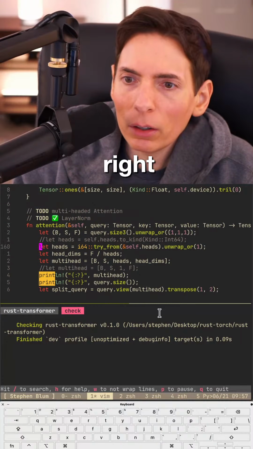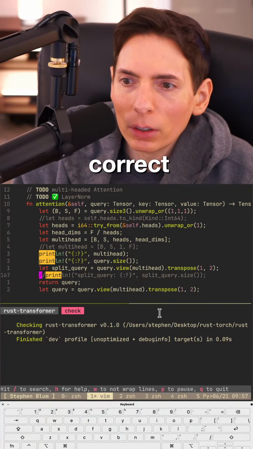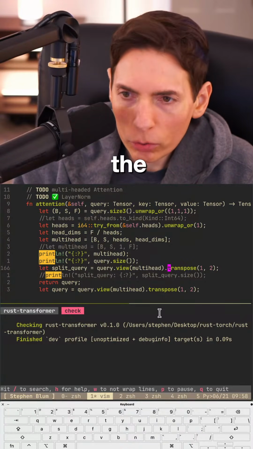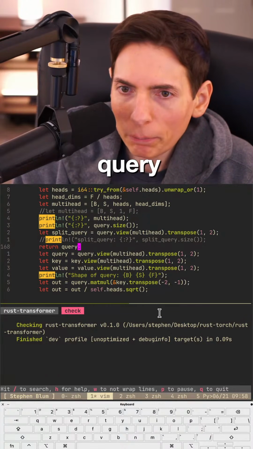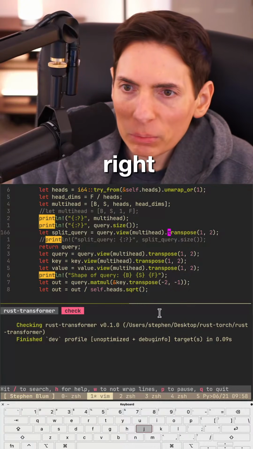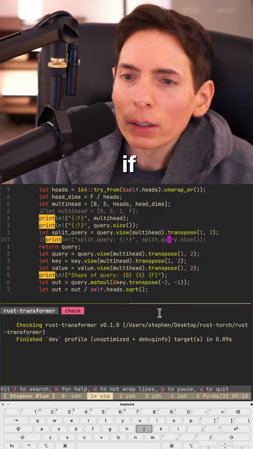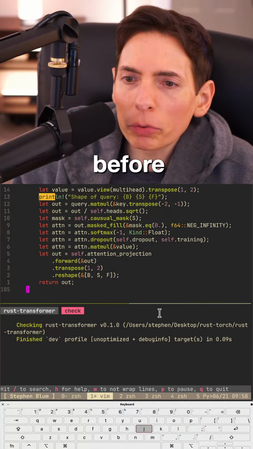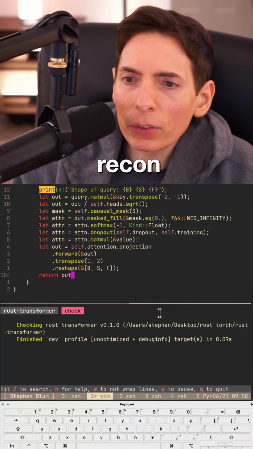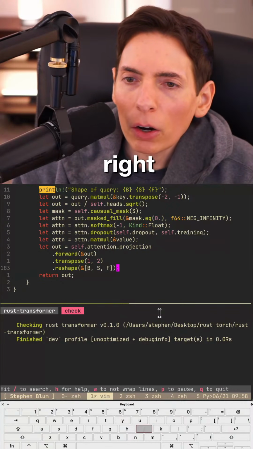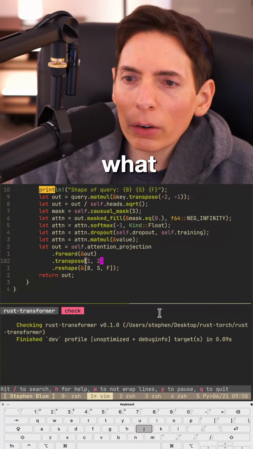All right, this looks correct. So our view. What happens if we don't... Wait. So if we do the transposition, all right, that's a split query. I would very much like it if maybe we go back to what it was before, and then we reconfigure this again. Now, this might be a problem. What we need to do is figure out what our output is.